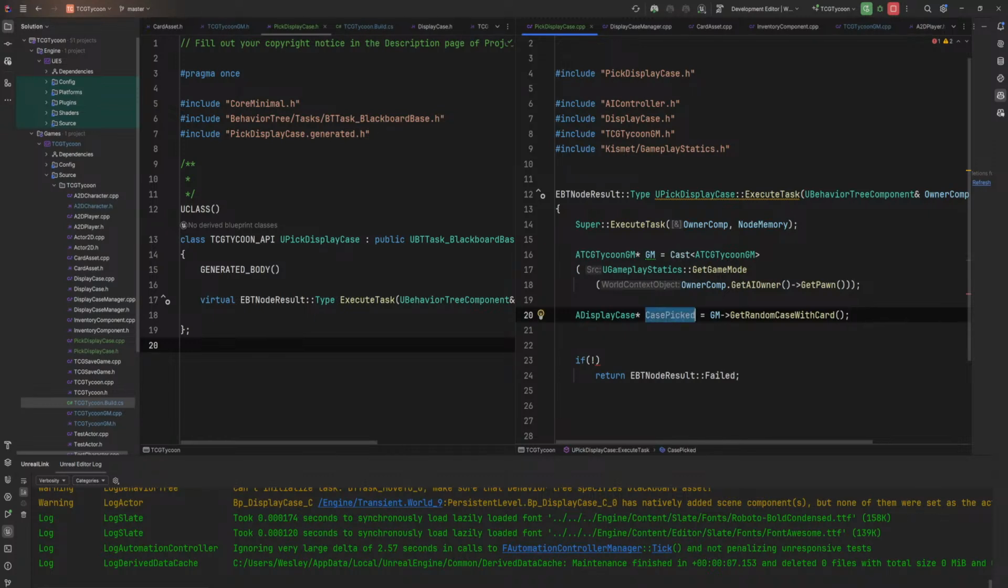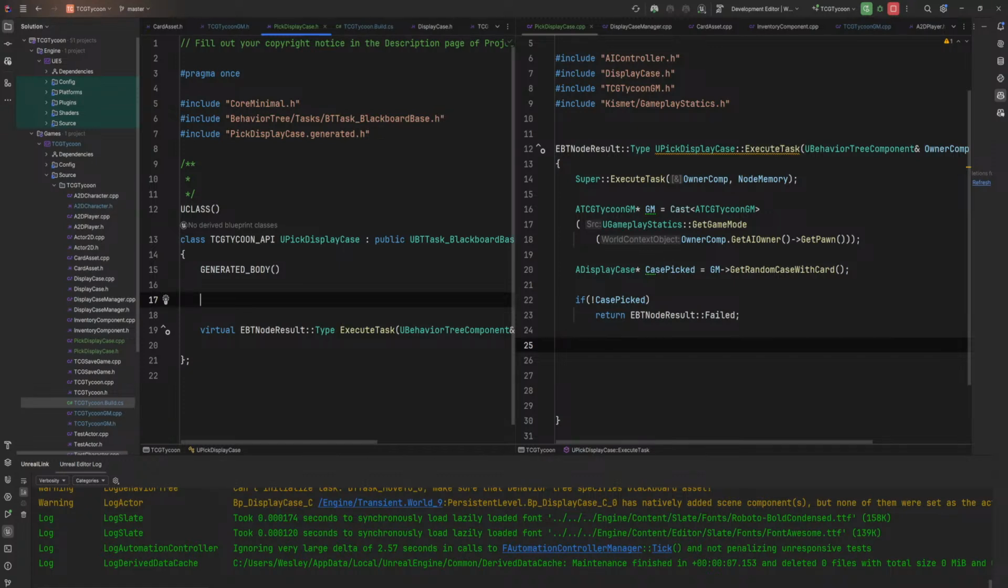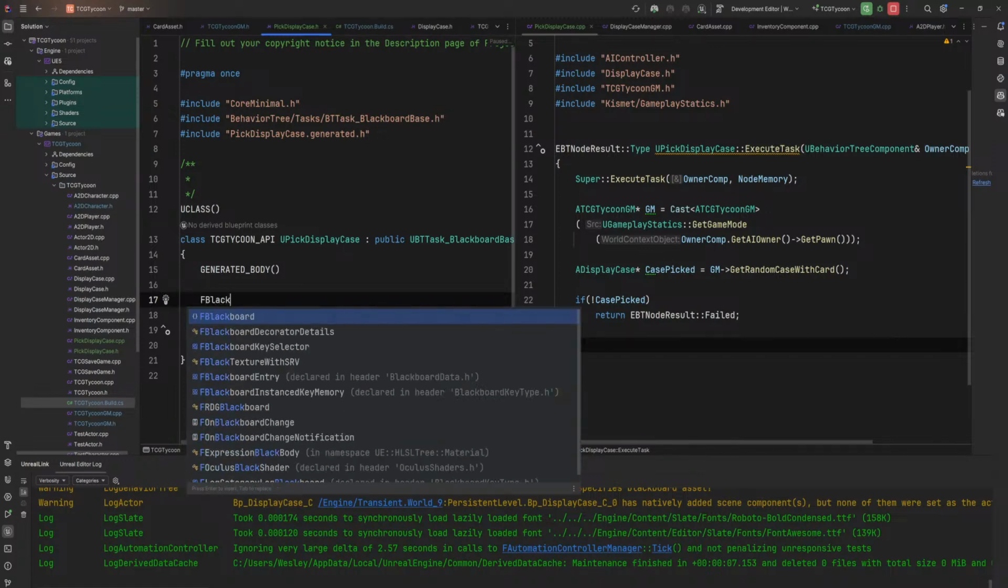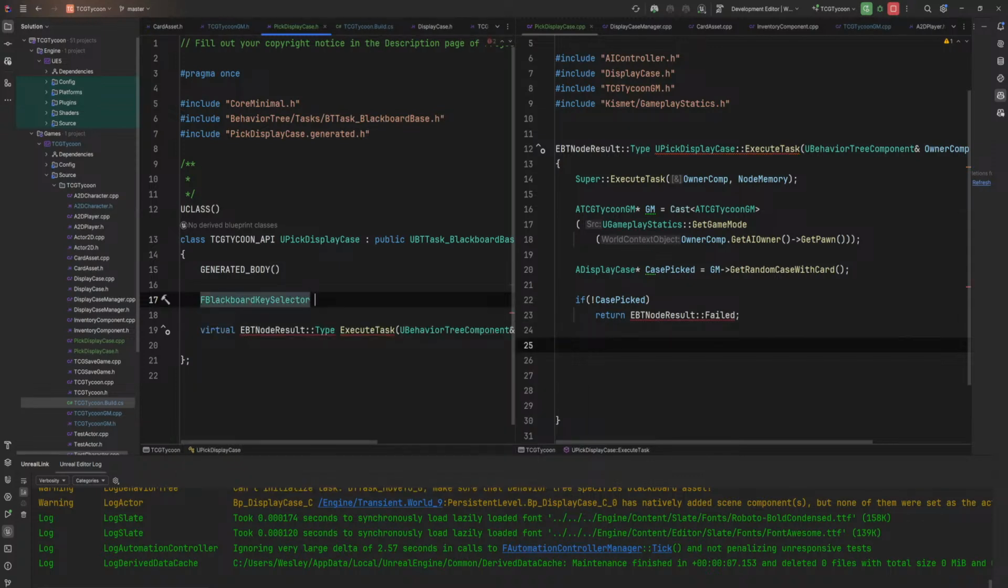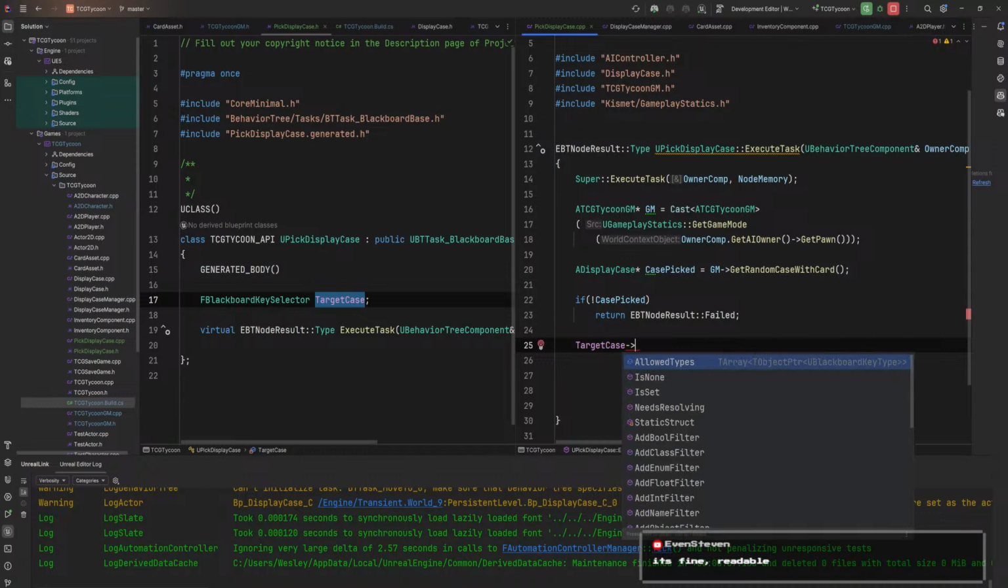So now we check whether or not display case is invalid. If it is, we return, and otherwise we do an F blackboard key selector, target case. It's readable. That's good, because I really wasn't looking forward to